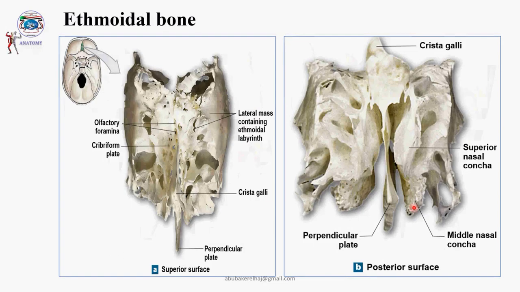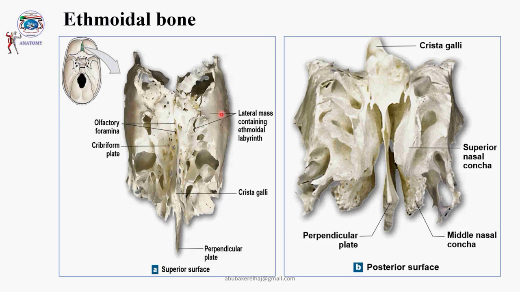Okay. Then in the bony part of the base of the cranial cavity, we have the ethmoid bone. The ethmoid bone, from the superior view as you see here, lies in the median plane between the two orbital parts of the frontal bone. Here, the frontal bone on both sides, and in the middle part, this is the area which is called the cribriform plate of the ethmoid bone, and it gives these small foramina for the olfactory nerve,